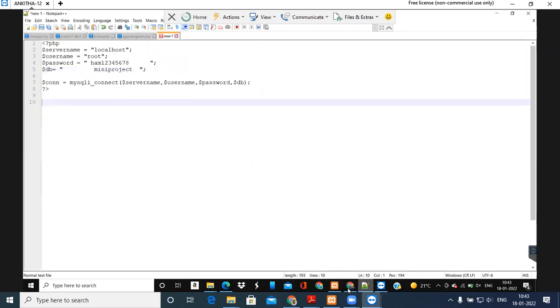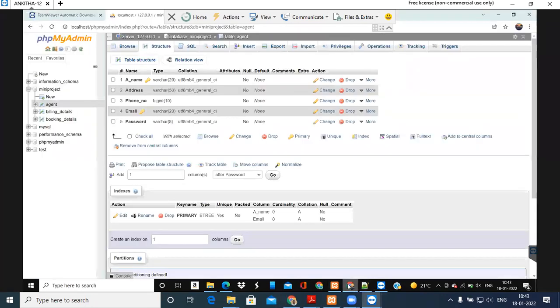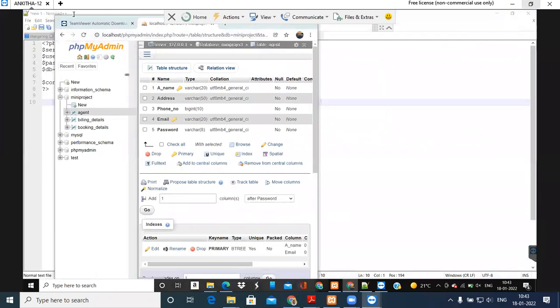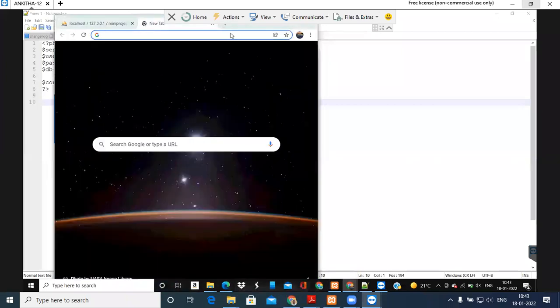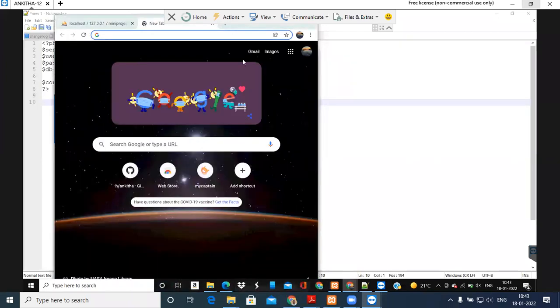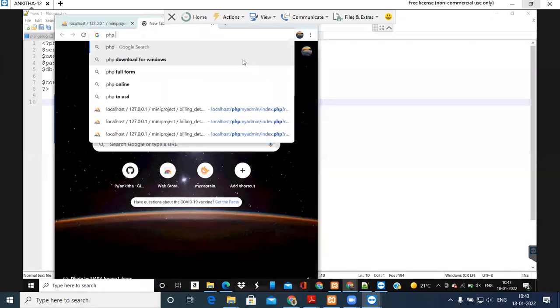Okay, so for localhost, I already told how to get the code. For getting that code we have to open W3 Schools. I told you to refer to W3 Schools, right? So better you go to W3 Schools, PHP MySQL connection.